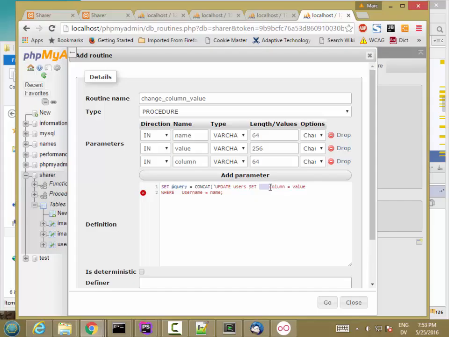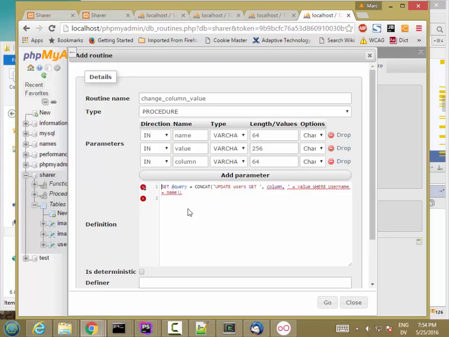Everything up to here, then concatenate in the column, and then concatenate the rest of that. And this is going to require multiple statements. So I'm going to make a query, then I'm going to prepare the query, and then I'm going to execute the query, just like I did in PHP, except now I'm going to do it in SQL inside of the